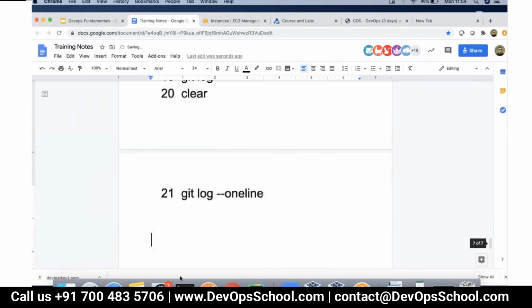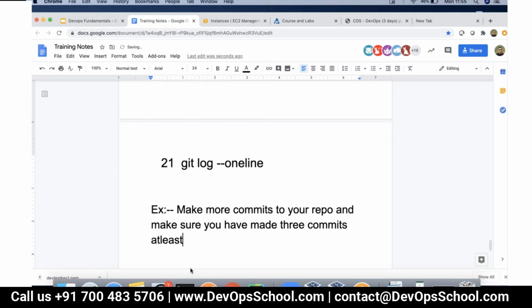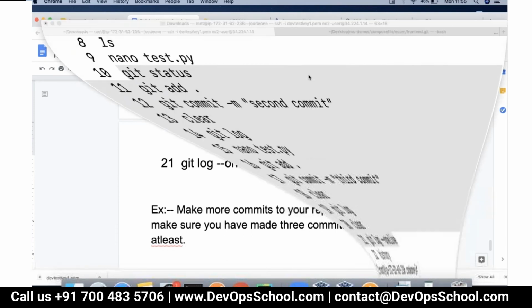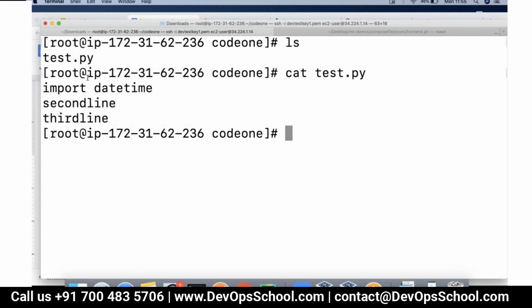Try out these commands, and here is an exercise. Make more commits to your repo and make sure you have made at least 3 commits. I have made commits on specific lines. Always remember one more thing here: Git tracks your files based upon specific lines.